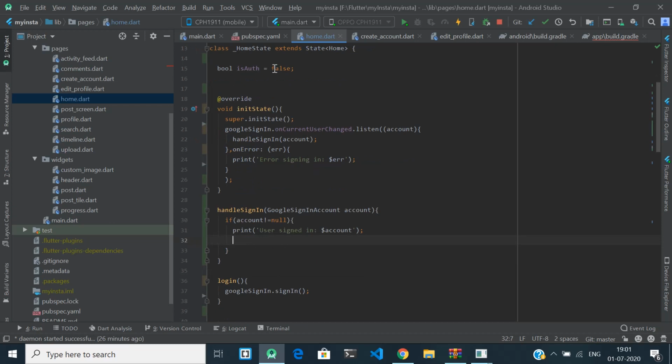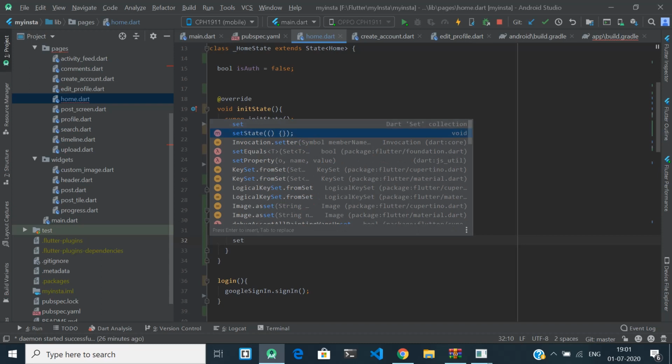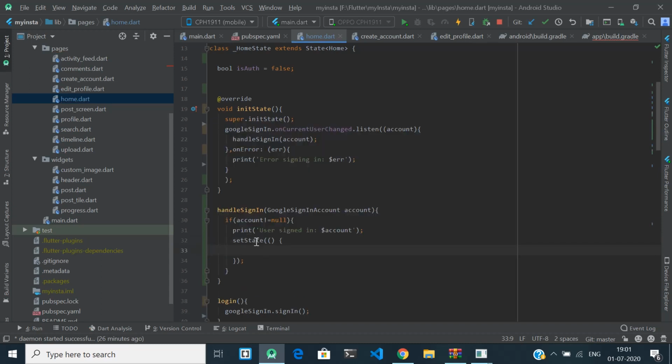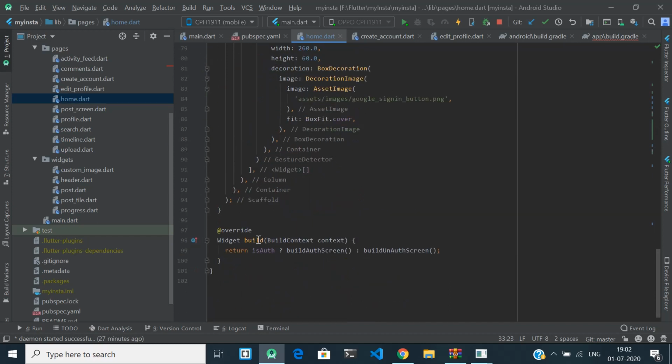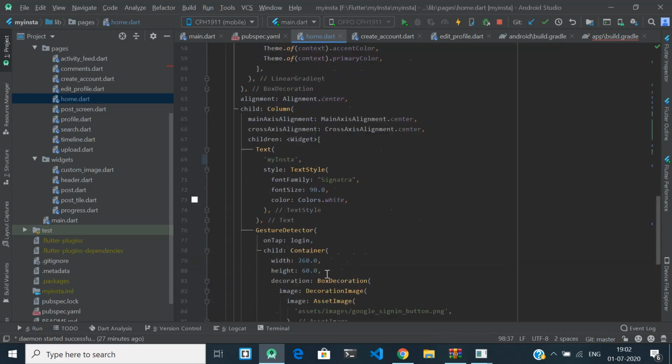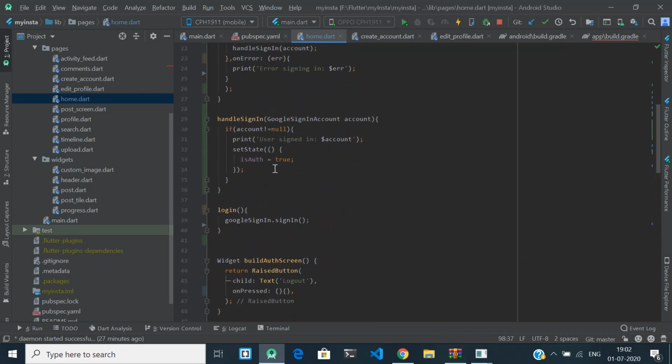So how to change this is auth to true? There is something called set state. What set state does is it changes the state. Whenever you want to change the state in the program, you have to use set state. So what you can do here is make isauth true. Whenever the isauth becomes true, this thing will run again, and build auth screen will open. Okay, so isauth is now true.